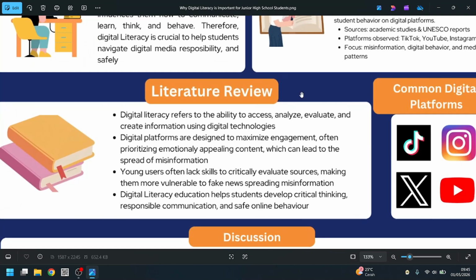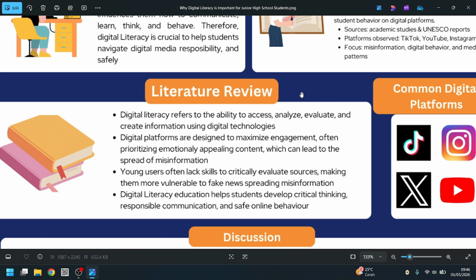Now, for some literature review: digital literacy refers to the ability to access, analyze, evaluate, and also create information using digital technologies. Digital platforms are designed to maximize engagement, often prioritizing emotionally appealing content, which can lead to the spread of misinformation. Young users often lack the skill to critically evaluate sources, making them more vulnerable to fake news and spreading misinformation. Digital literacy education helps students develop critical thinking, responsible communication, and